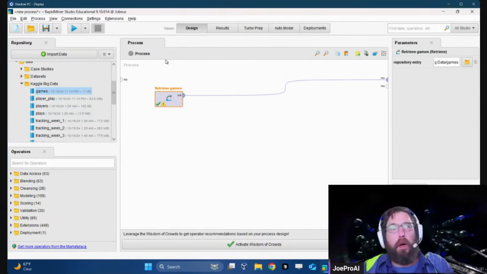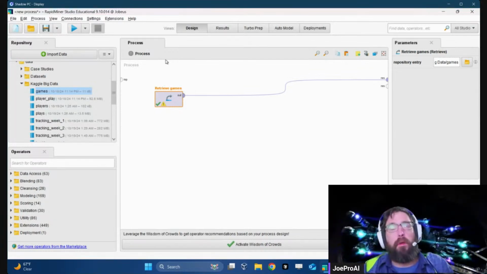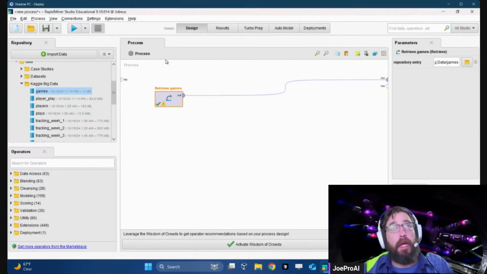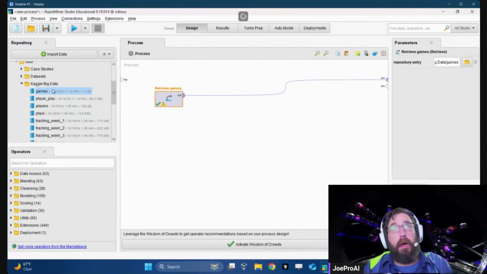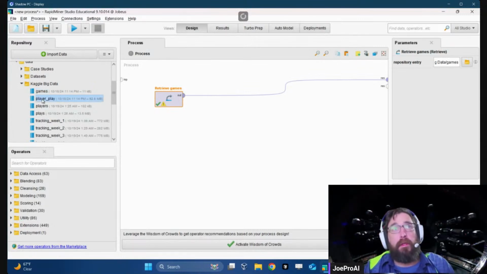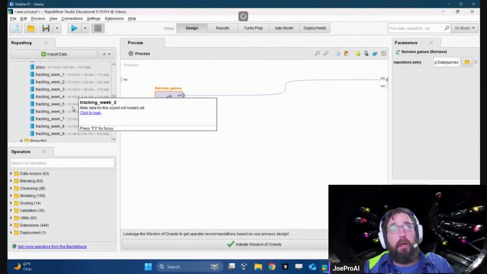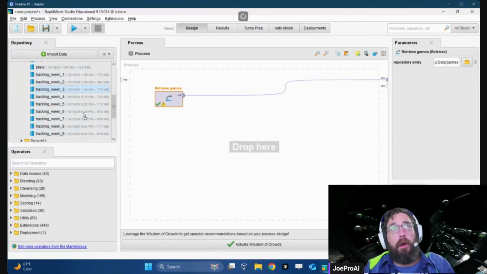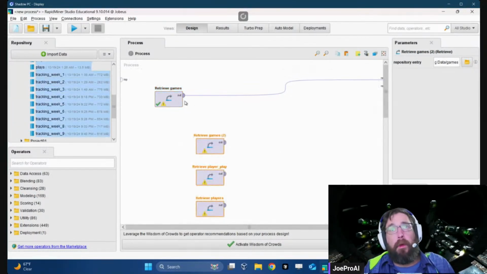So I'm going to try to correlate different aspects of the game, right? So let me import all of this. So we'll take right here through, this is the data set for here.